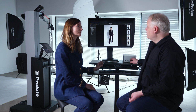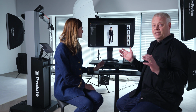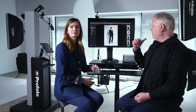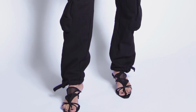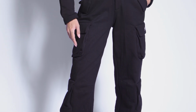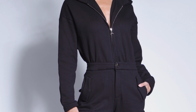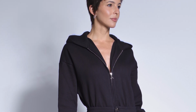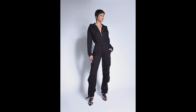Yeah, so what I did here was basically I took a silver medium umbrella and bounced light into it. And what we get here is this nice shadow coming along. It's still kind of clean all around, but essentially this shadow gives it a little bit more depth and a bit more understanding. It's not just a basic cutout, but we're getting this separation between the model and the background,